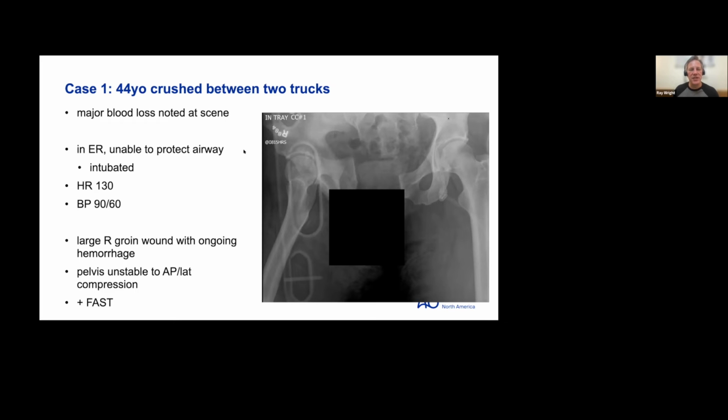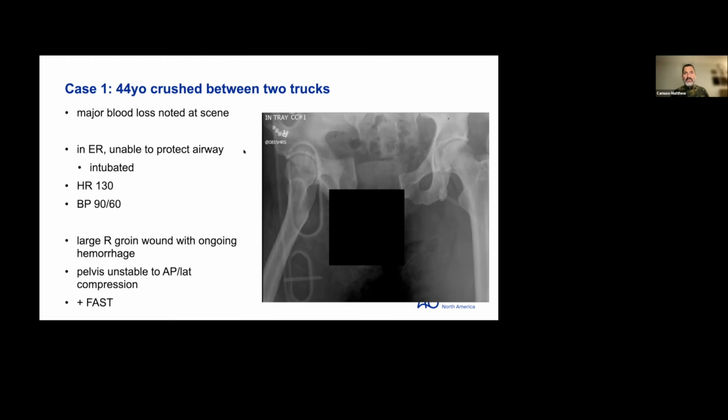Before you're applying your sheet, I think this is a good time. It takes less than like 3 seconds to take a look in this guy's groin where there may be open wounds, because the wounds that will kill people with injury, this is where they typically are. So get on a sterile glove, take a quick look around, make sure there's two peripheral large bore IVs, and get a circumferential anti-shock sheet on the patient. And if there's any other data to suggest that he's got cranial instability of one hemipelvis versus the other, a traction pin might be nice too.